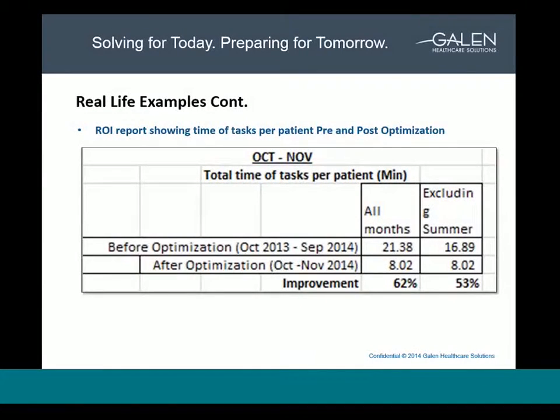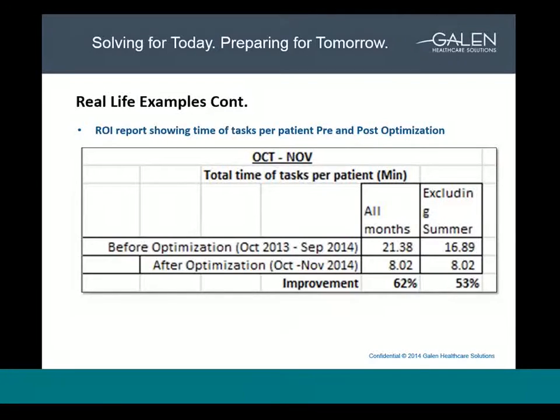The next two slides are going to show a return on investment report that was put together after a couple of months on the optimized EHR. The first slide that we're looking at, you'll notice that we have 2 columns, one for all months and one excluding the summer months. Since the summer months were typically busier for this office, we wanted to create a fair comparison. If you compare the total times with the summer months, you'll notice that the average time spent on a task per patient